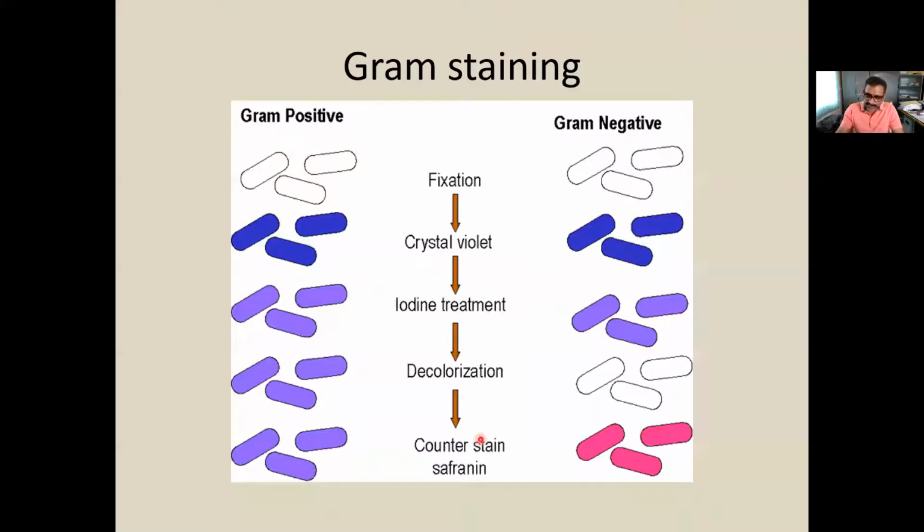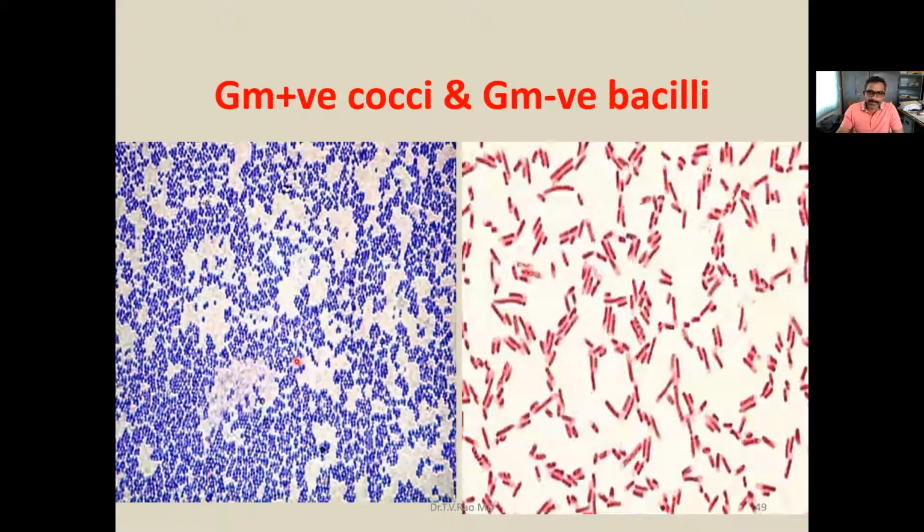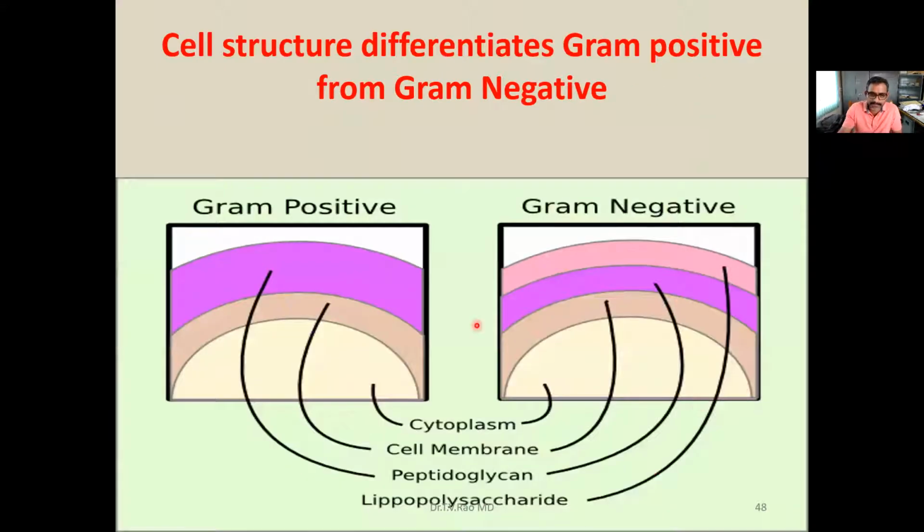After the gram staining, the gram-positive bacteria will look violet. It has taken the crystal violet color. It looks violet or blue in color, whereas gram-negative bacteria will look reddish or purple in color. What is the background? Why does one take the first color, crystal violet, and why does the other take the second color? Because it all depends on the composition of the gram-positive and gram-negative bacteria.